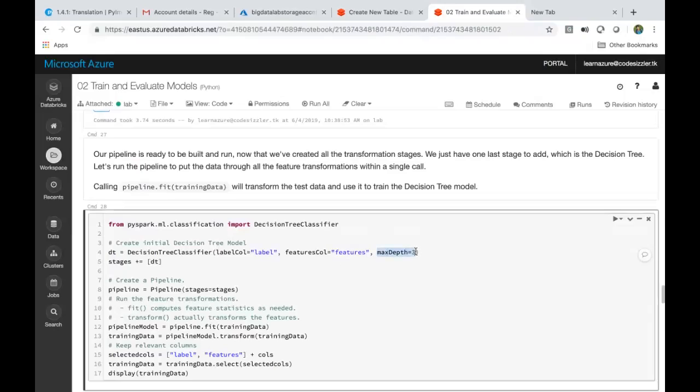Max depth is nothing but how many depth levels you want. Let's say you want to give a loan to a person. You're a banking manager, so you want to give a loan to a person. What will you predict first? You will see if he is getting income or not, yes or no. If yes, is he in the low range, high range, or middle range income? If he's in the middle range income, then you check whether he has a good credit score from previous transactions and previous loans.